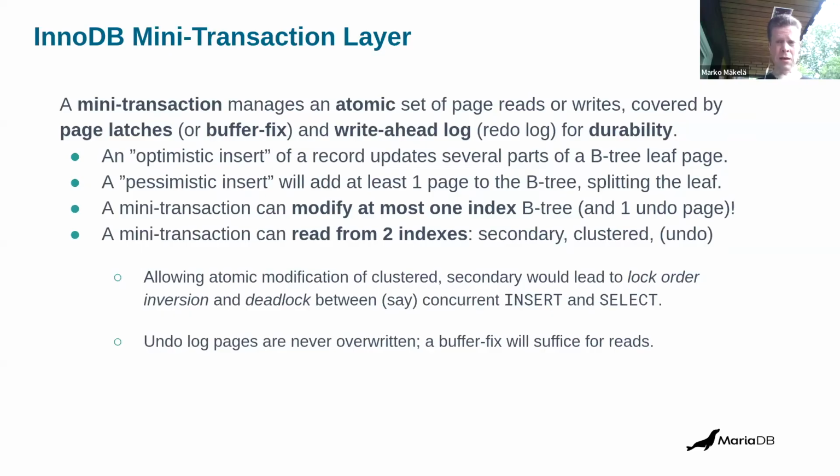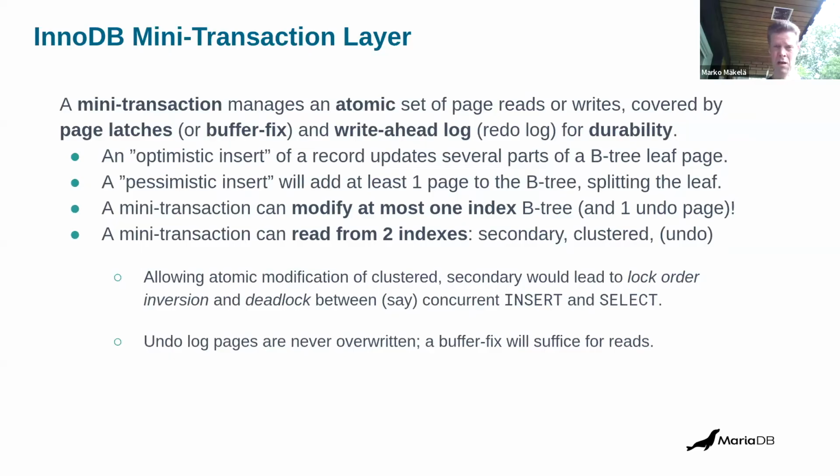And in case the optimistic operation is not possible, for example, if the record contains blob columns, or if the page has to be split, or if you are deleting a record and the page needs to be merged because it's becoming empty, then we have to revert to a pessimistic operation. A pessimistic operation will acquire latches on multiple pages and it may split or merge some